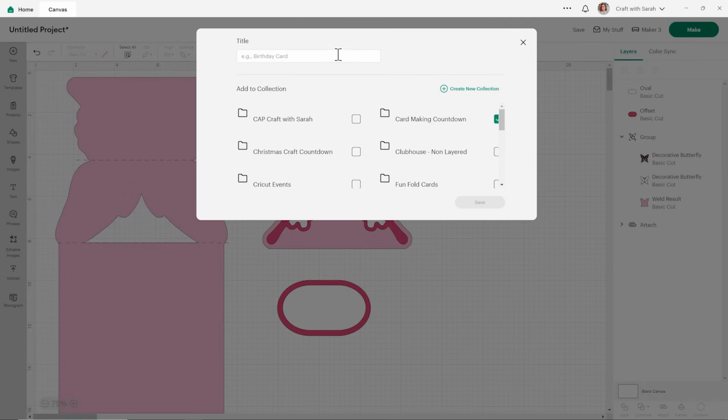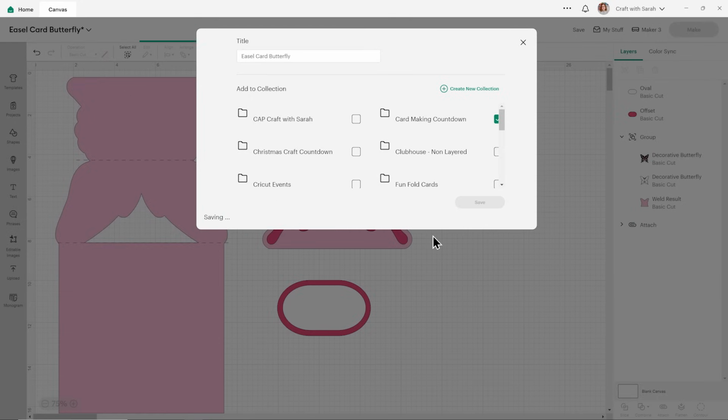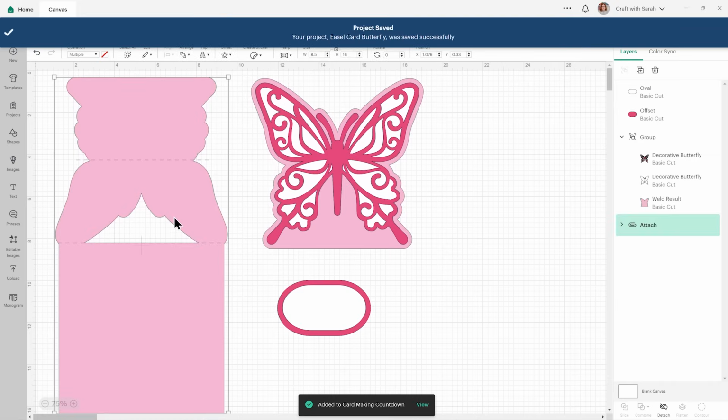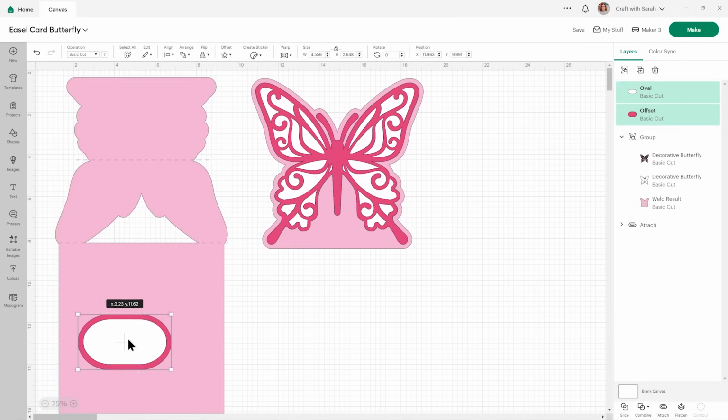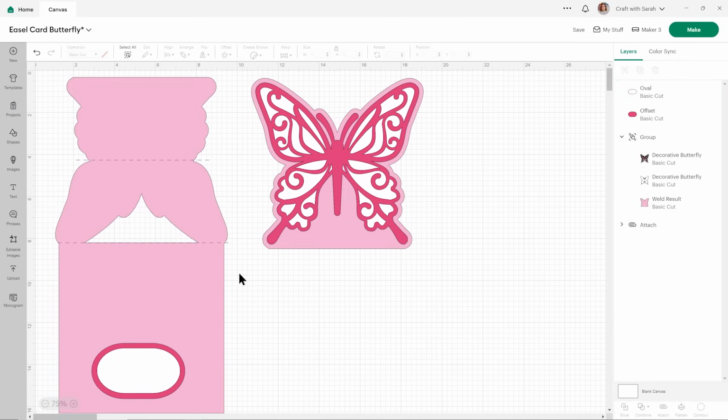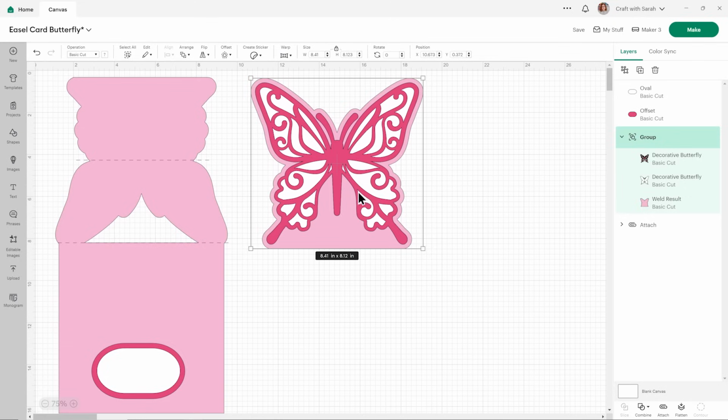Actually, I need to resize it. I will just save it. At the moment, it's going to be 16 inches tall, which obviously I cannot cut from my cardstock. Okay, how's the best way to do this? I'll drag that over there. And then